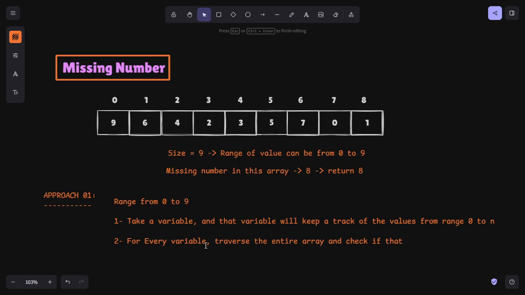So for every value, we will take that value from this range, and we will check if that particular value is present